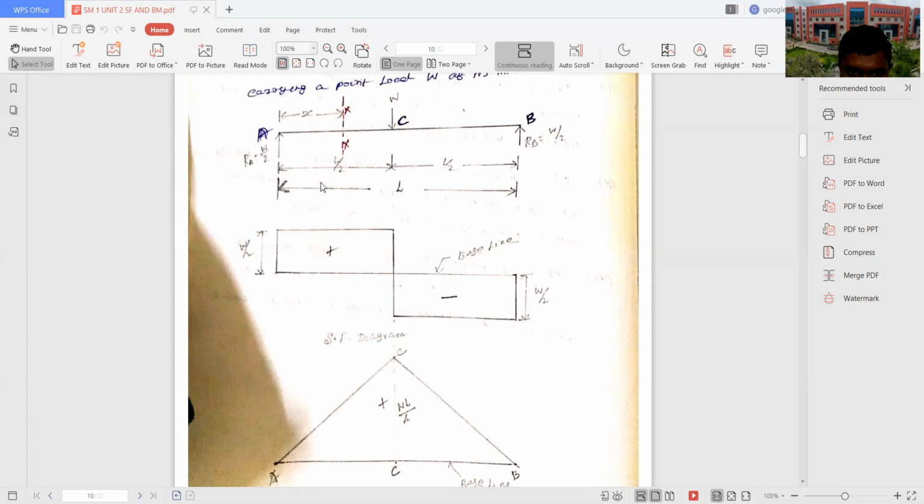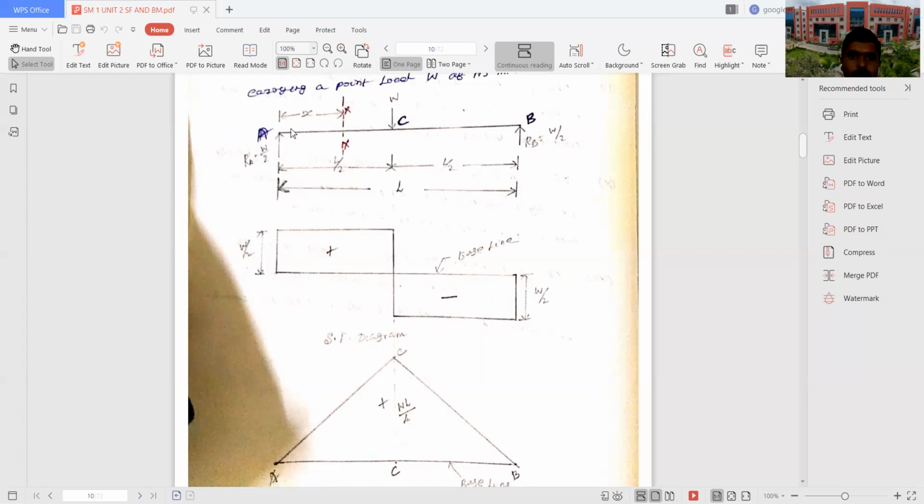Similarly, you have to draw the bending moment diagram. So similarly, you can take the section XX. So Mx, you have to calculate the equation. Mx will be equal to load into distance. So the load is acting upward into distance x, so it's looking like a clockwise direction. It will lift the beam downward like this, so it's looking like a sagging bending moment, therefore positive bending moment. So Mx will be equal to plus W by 2 into x. So W by 2 into x is the moment equation at x, right?